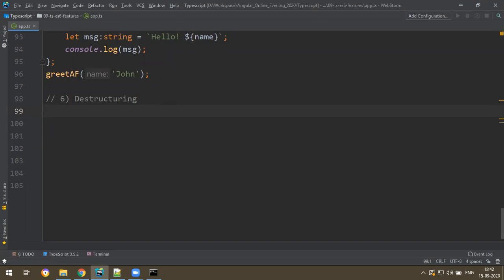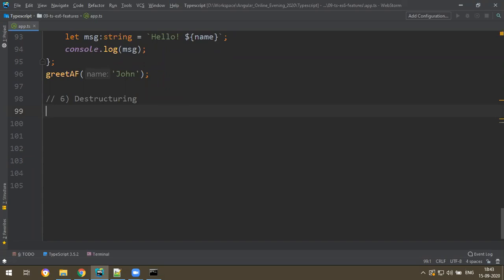Destructuring means if you have any complex objects, an object inside an object, multiple nested objects inside, and I want to pick up that particular nested object only. For example, employee is there, in that address is there. I want to get the address object. What you do, employee dot address. If you want to access some internal data, employee dot address dot state, employee dot address dot street, like that. Instead, you have a shortcut. What is that? It is the destructuring concept.